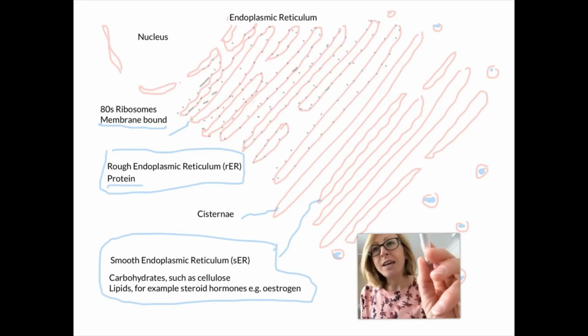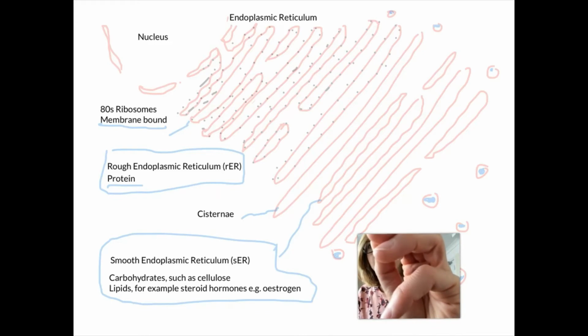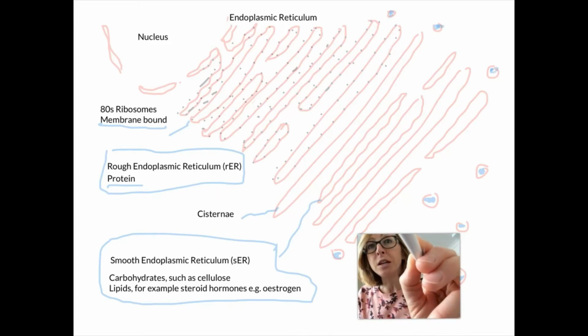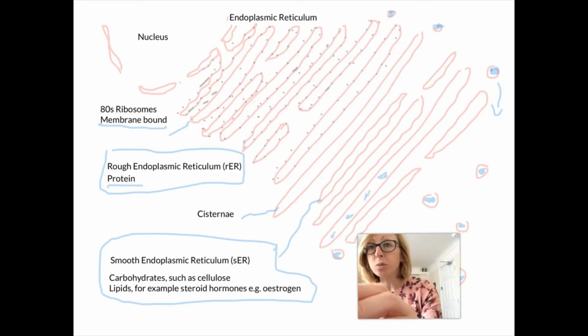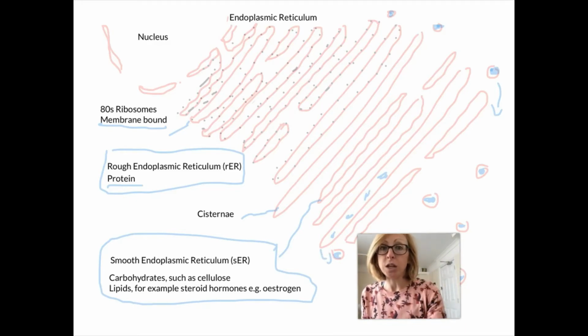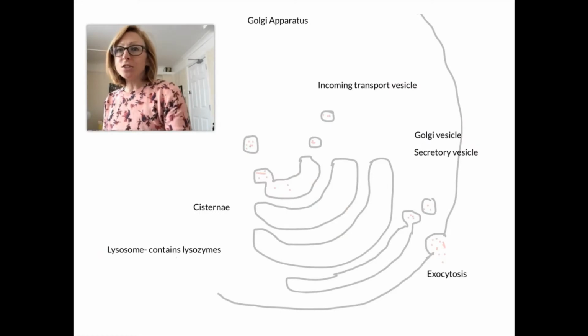What we can see here is that once the proteins are made, they bud off in little vesicles that are formed to carry the protein to the next part of the process, which is the Golgi apparatus. Also, any lipids, for example, that have been made in the SER, or carbohydrates, will go through the same process. They'll bud off, form little vesicles, and again move to the Golgi. Now the next structure,